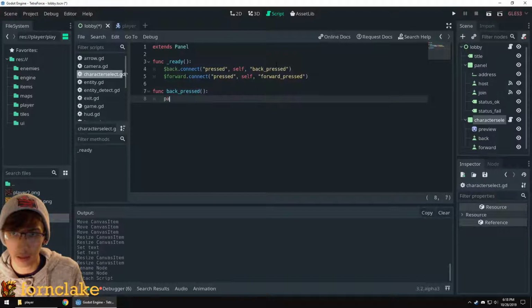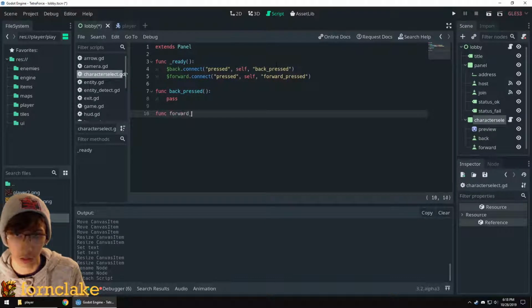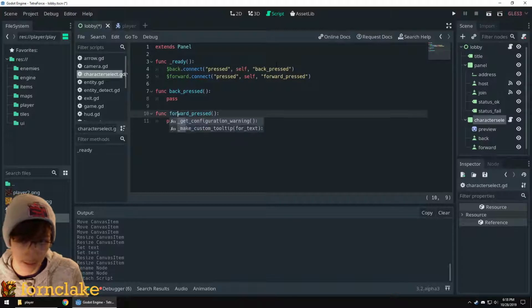So back pressed, pass. Forward pressed, pass. And now we want...